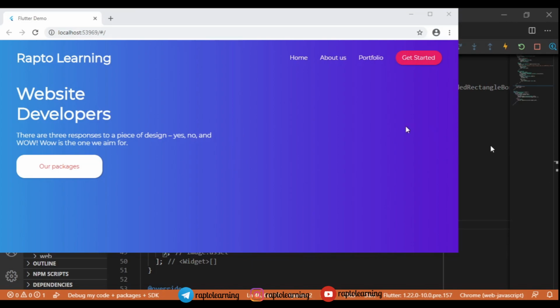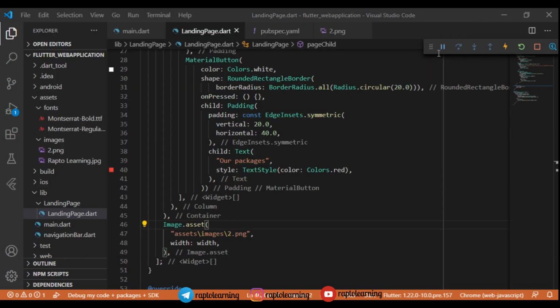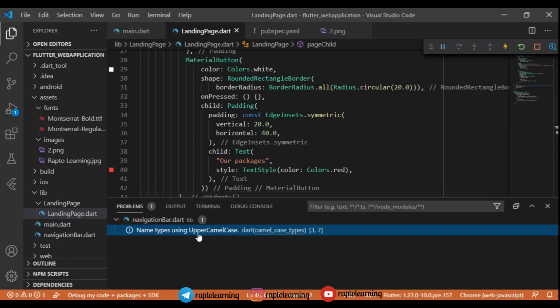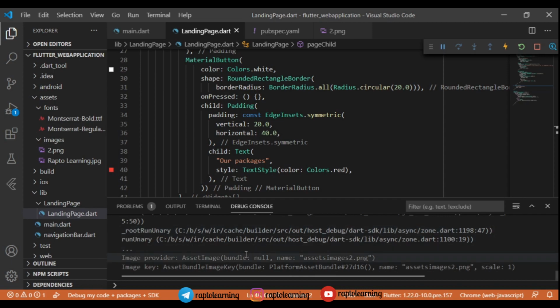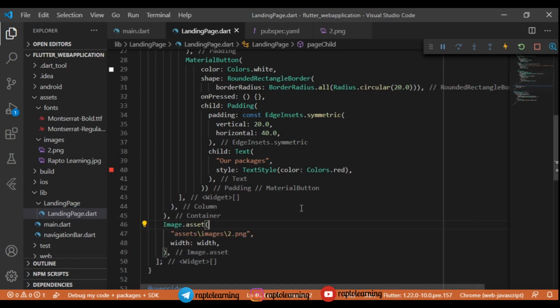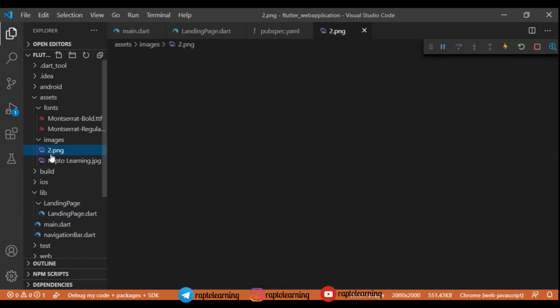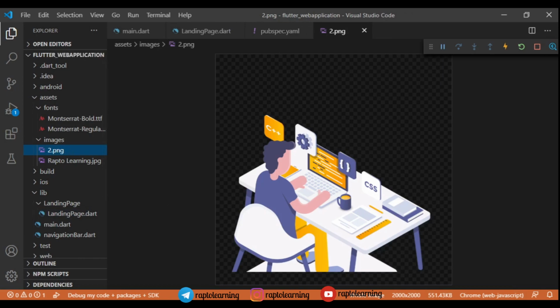So I will show you. Let's check this out. So yeah, it is not working though. The last option we are going to try is adding a network image by directly hosting our image online. For hosting our image online, we have to go to GitHub or Google Drive or any hosting platform. The image is not accessible, it is returning null. So we will give this one very last try.